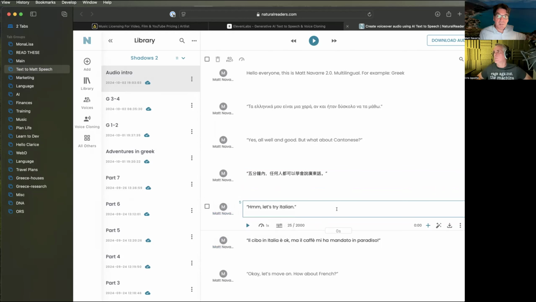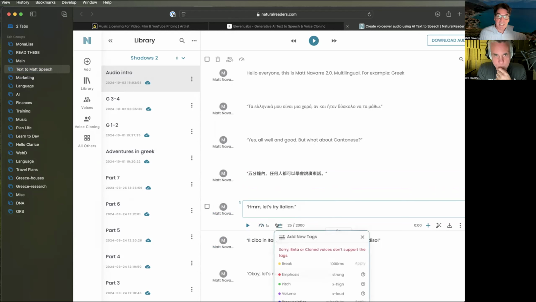So you could build a whole audiobook in whatever number of languages this thing speaks, paragraph by paragraph, speed by speed. It even gives you the ability to change emphasis, but only in the voices that it includes. It includes a ton of voices when it comes with it. By the way, this is $100 a month at the level that I'm at right now.